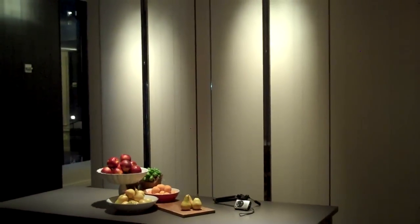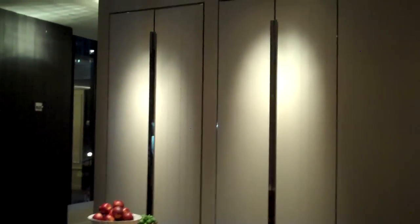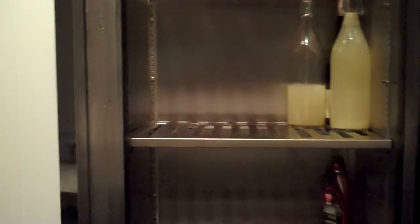Inside the banquet space, you'll see a lot of these oversized doors. In fact, you see that throughout the whole hotel. But behind these doors are storage. And you'll see this one to the right is actually a refrigerator. Opens up on both sides. And then the one immediately next to it is typical dry storage, which we use for equipment that supports all the banquet space. So it's kind of like having a really luxurious pantry, and that's where all of the preparation